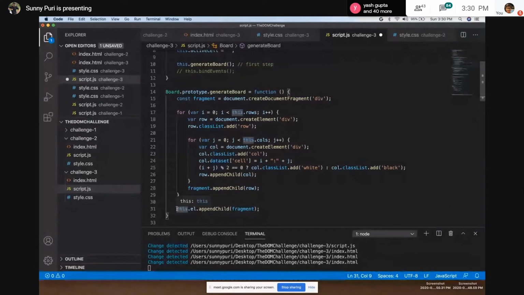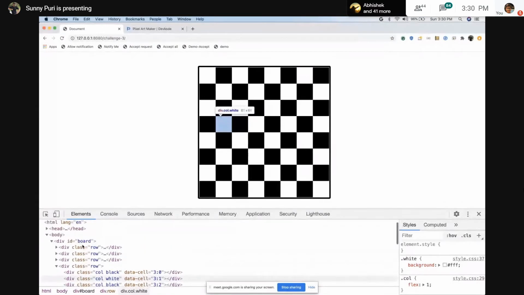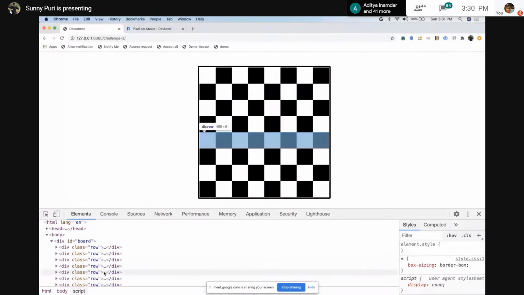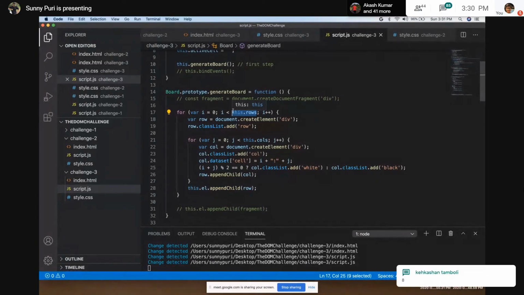So suppose if we add this row directly in the element, we are going to have 8 DOM operations. So this will also work. If we comment these 2 lines, and if we see the DOM chessboard, it is working fine. But if you observe, we are doing 8 DOM operations to insert the row. This line is in the for loop, right? However many times this for loop runs, that same number of operations is going to happen. So 8 times DOM operation.